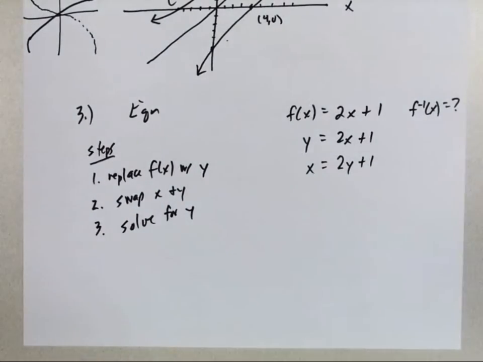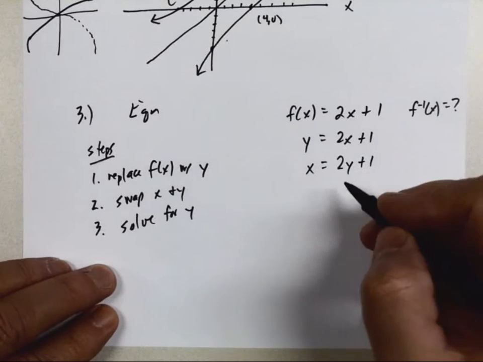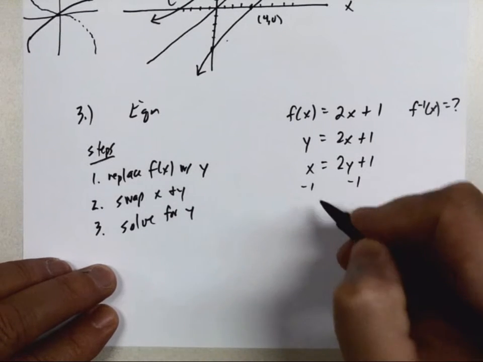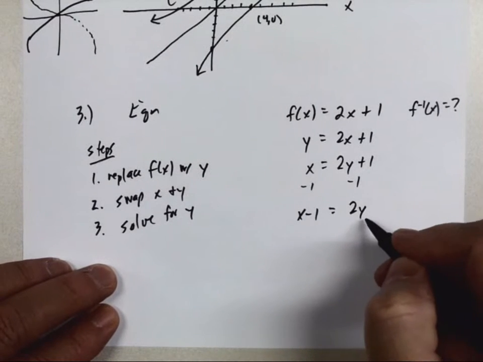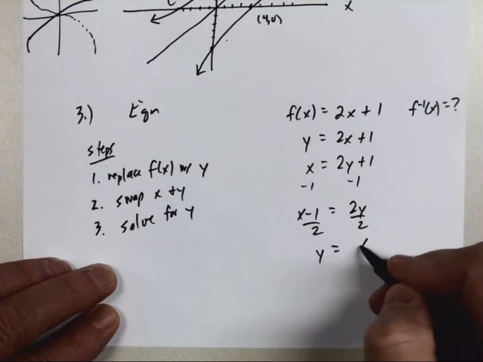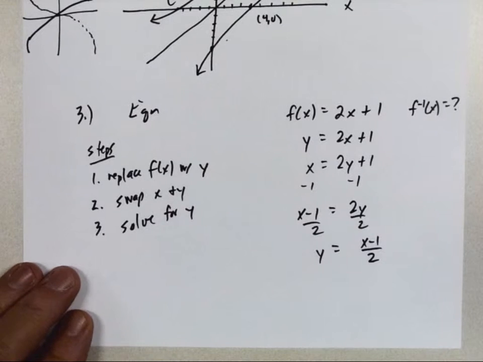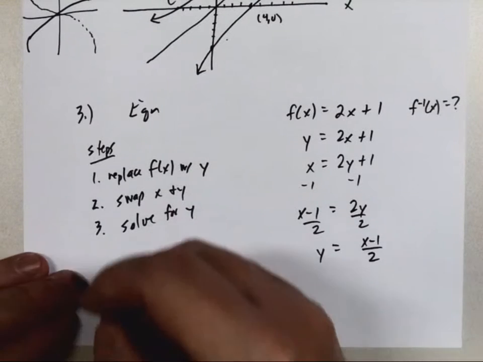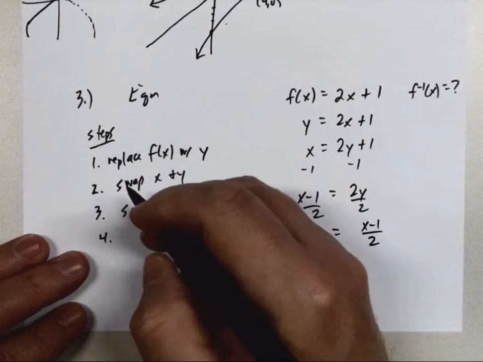Once you do that, now you're going to solve for y, which means you want to get y by itself on one side. So here, if I want to get y by itself, subtract 1 from both sides, then divide both sides by 2. Now I've solved for y. Then the fourth and final step is